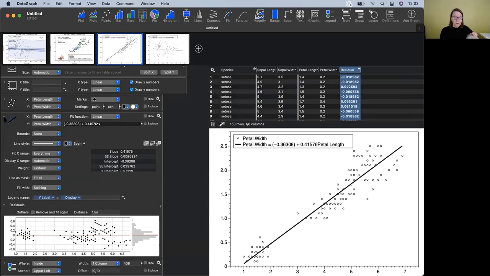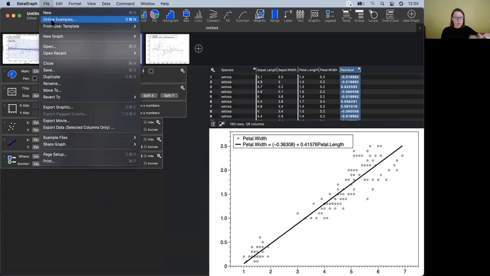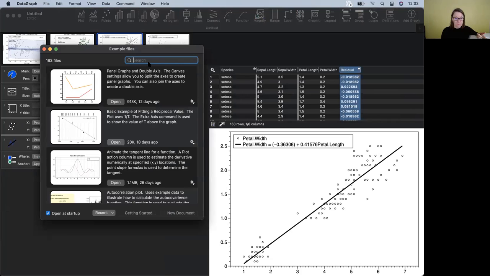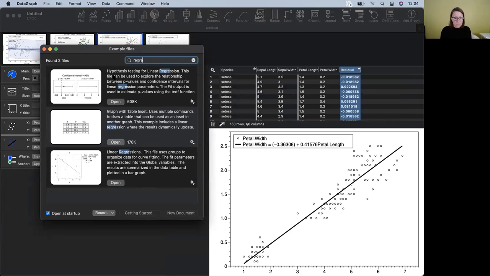About that. So one of the things that, again, I'd be really curious about getting feedback from those of you who are attending, is if you feel as though having the p-value for the regression is really important. Now, if you go under the online examples, in fact, and you type in regression, there's a file here